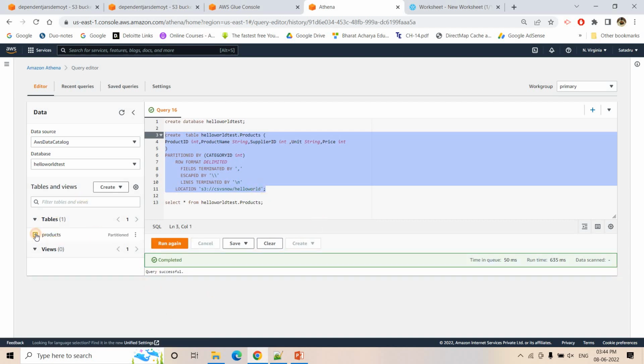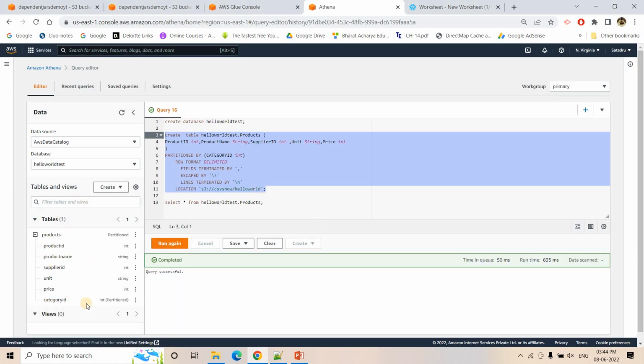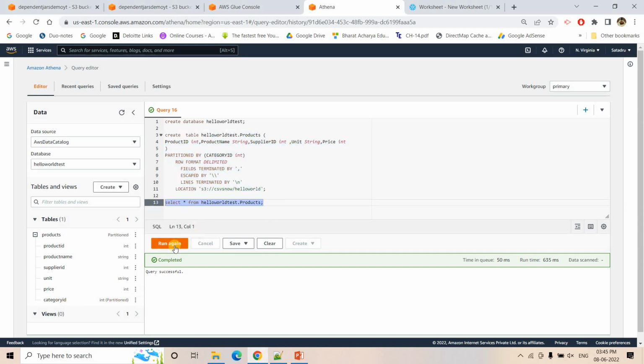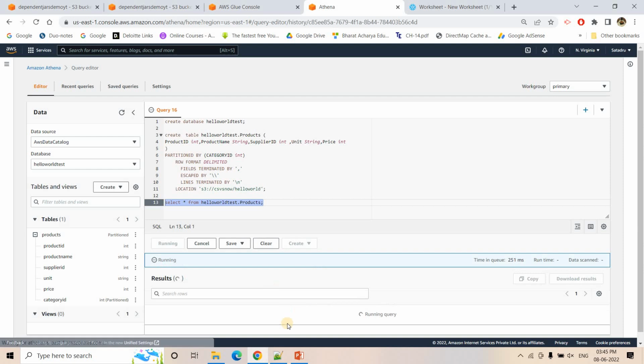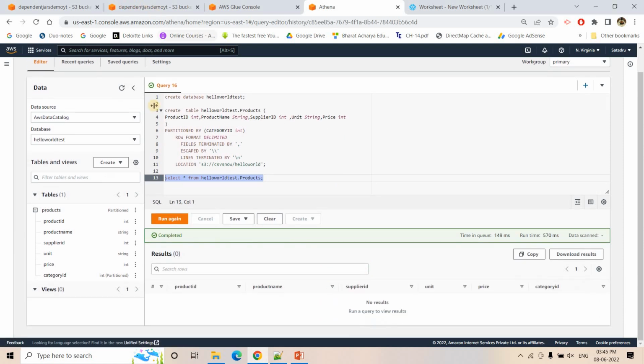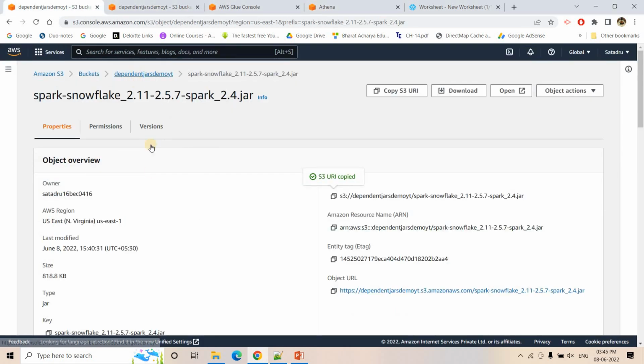So here our table is created. If I just expand, here you can see this particular one. Category ID is the partition. And now if I do select star from this particular table, here we will be getting no record, right? Because in this particular location where this external table is pointing to, there actually no data is there, right? If you see here